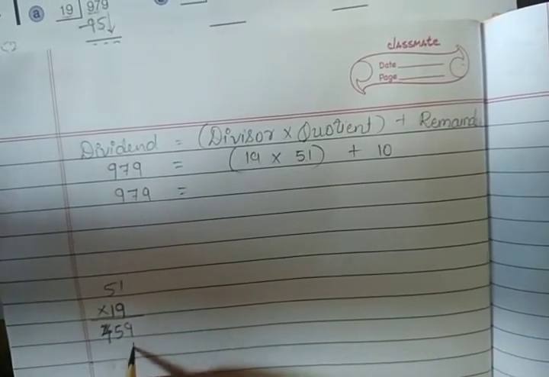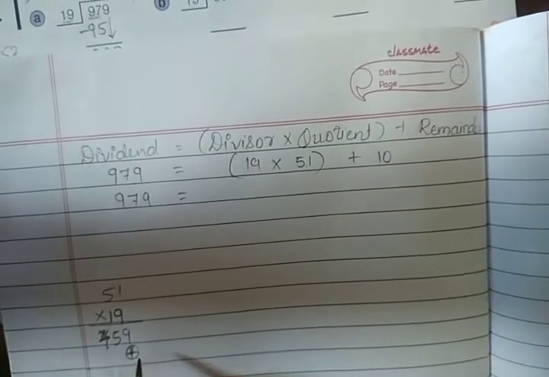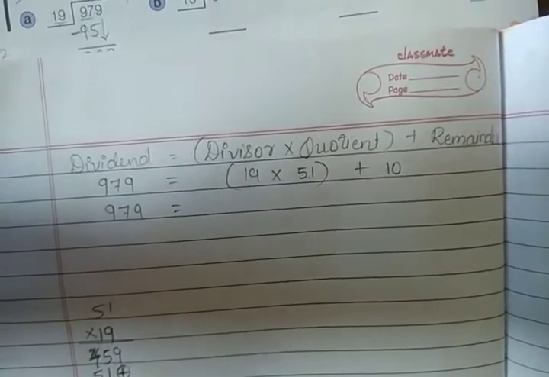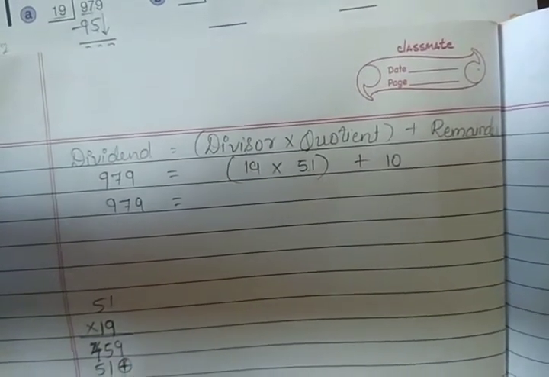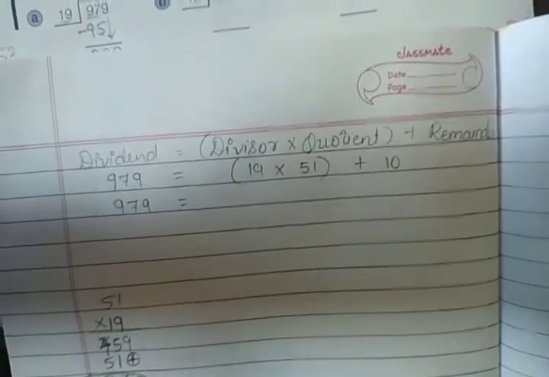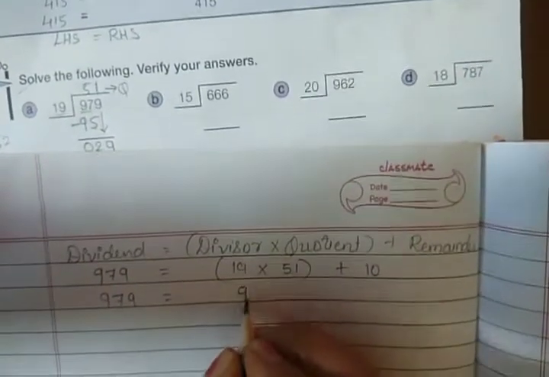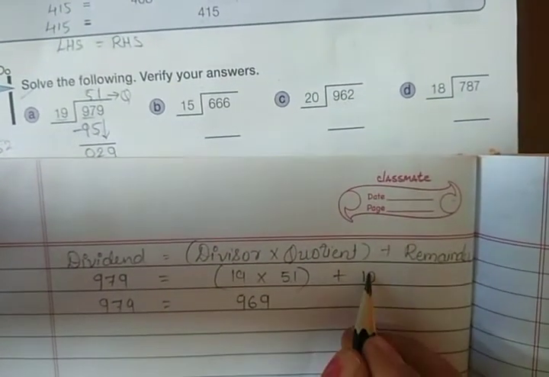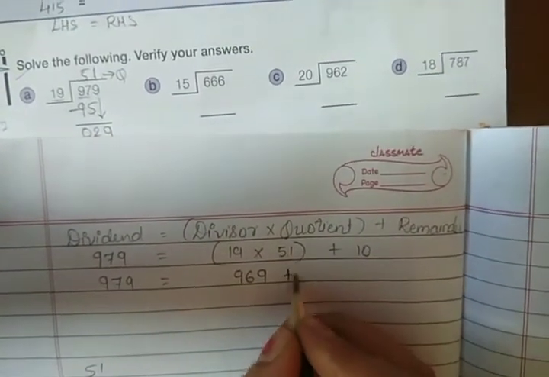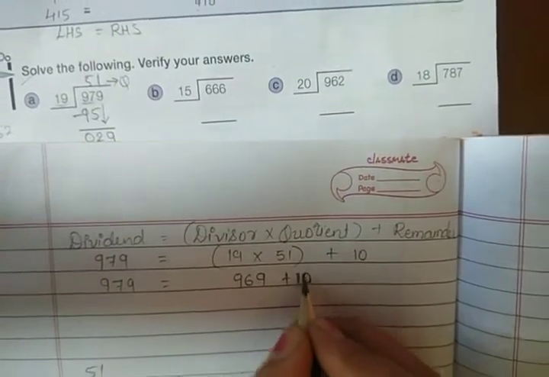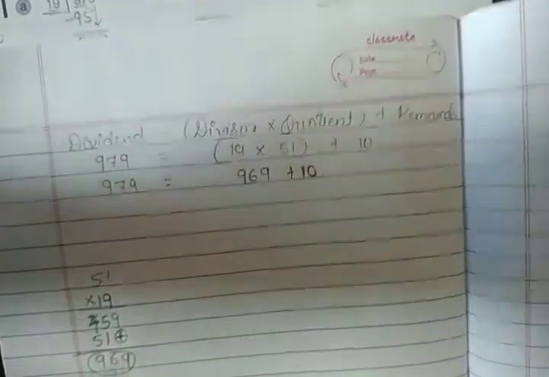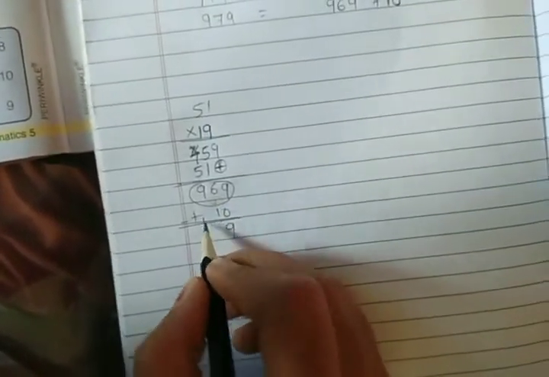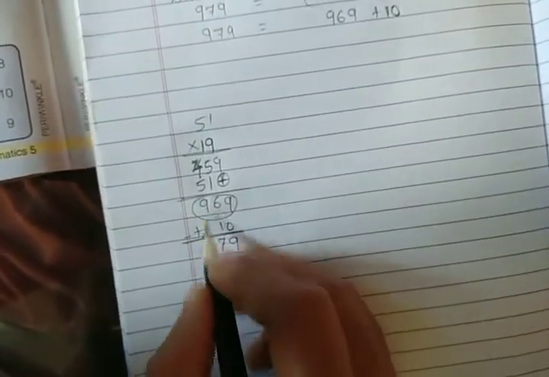Yes, and in the next step you are going to write here in the ones place 0 or the plus sign, then 1 ones are 1 and 1 fives are 5 here. So 9 as it is, 5 plus 1 is 6, then 4 plus 5 is 9 again. So your answer is 969, and the remaining number is this 10. Write this 10 here and then add this 10. 10 plus 9 gives 0 plus 9 is 9, then 6 plus 1 is 7, then 9 as it is.